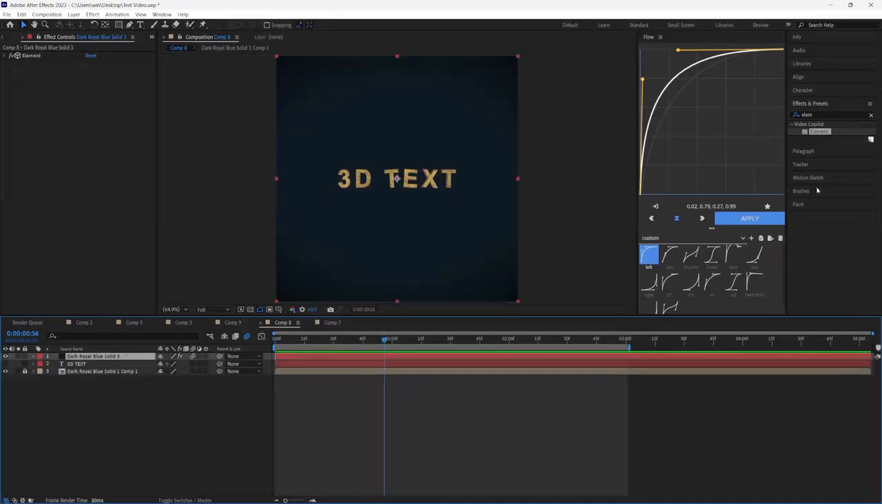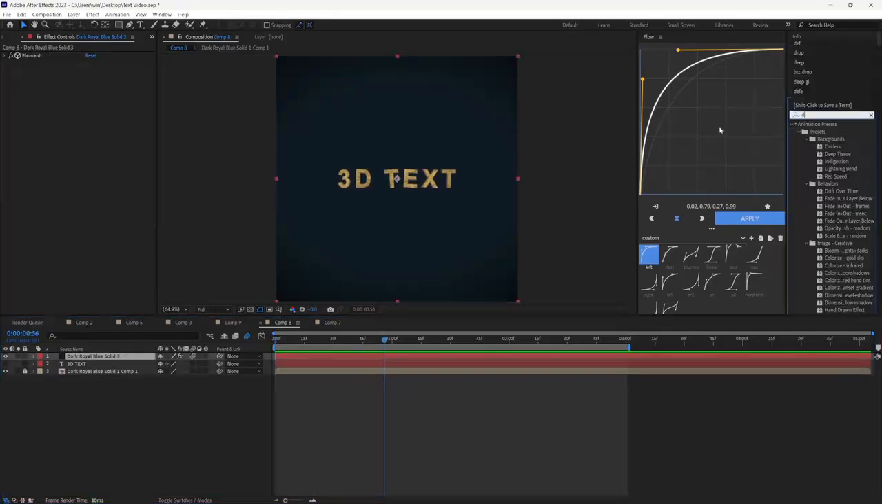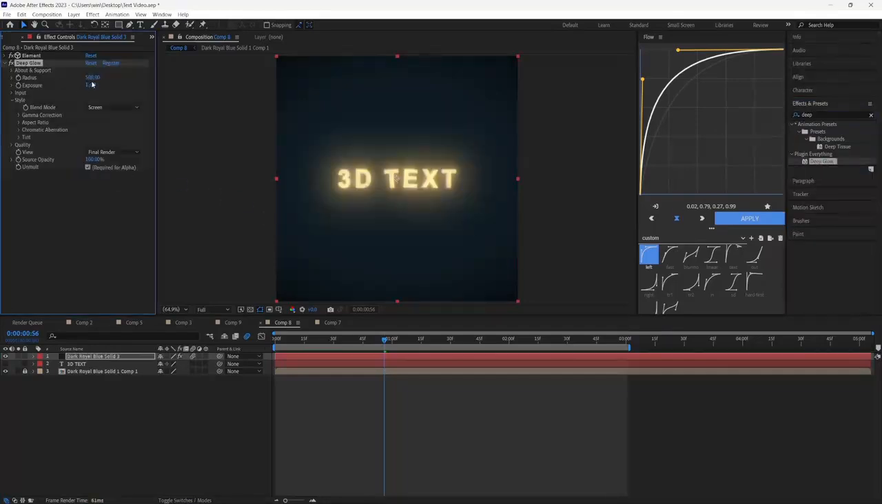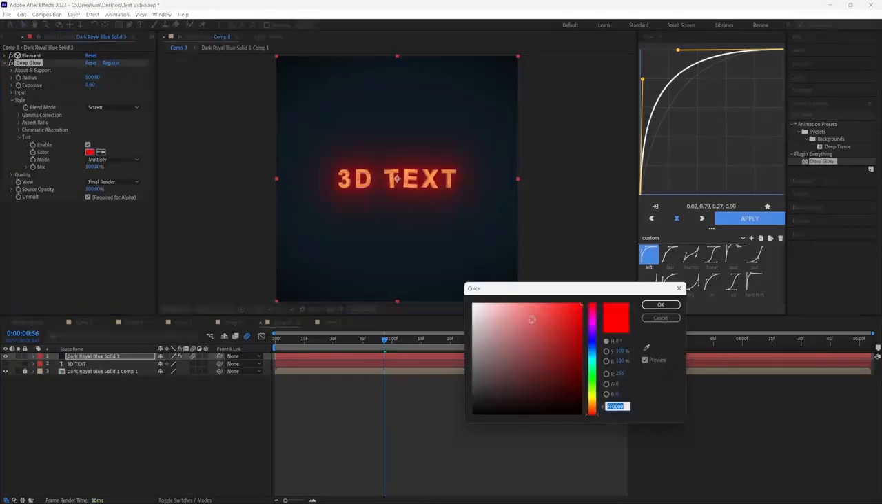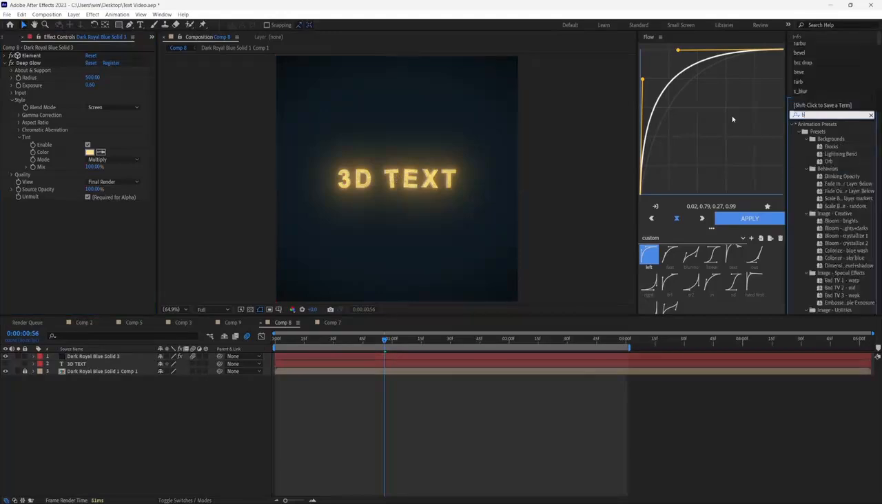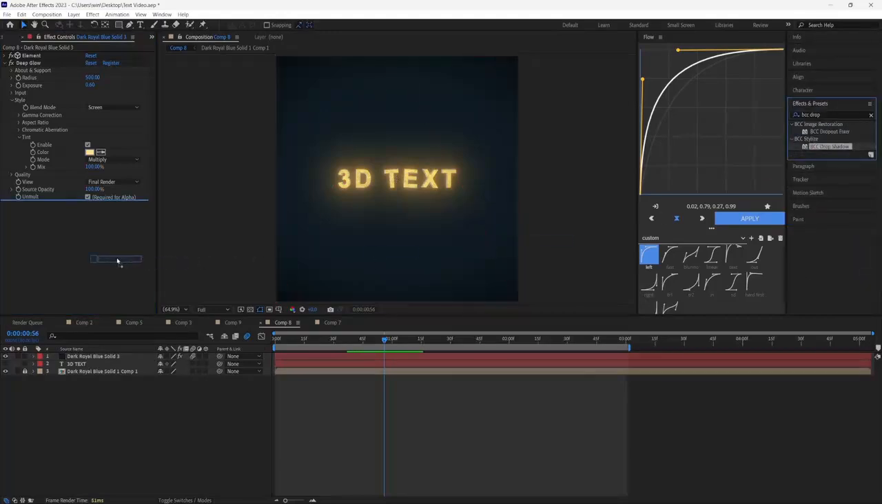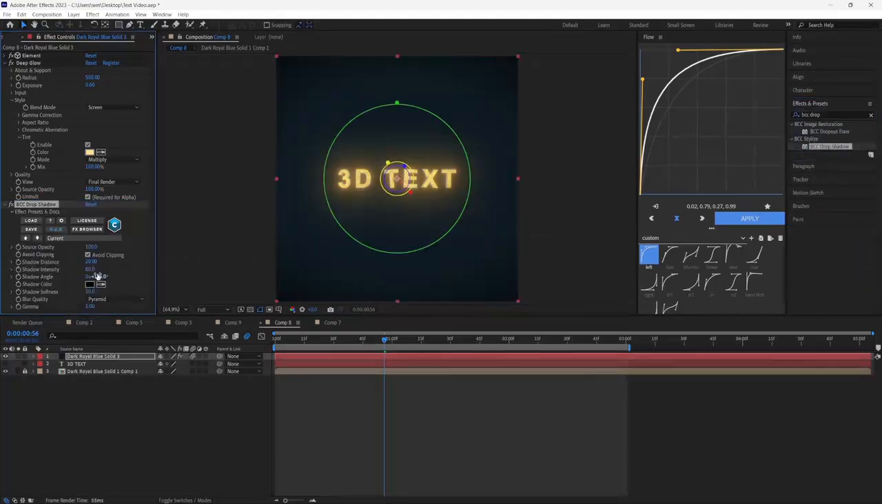Now in order to customize our text effect a little bit, go to effects and presets and search up deep glow, drag it to your layer over here, set the radius to 500 and keep the exposure to 0.6. Now we're going to be adding a little bit of a tint. Press enable and set the color to a light yellow or something that's related to the color of your text layer, and then search up BCC drop shadow, drag it to your layer like so,